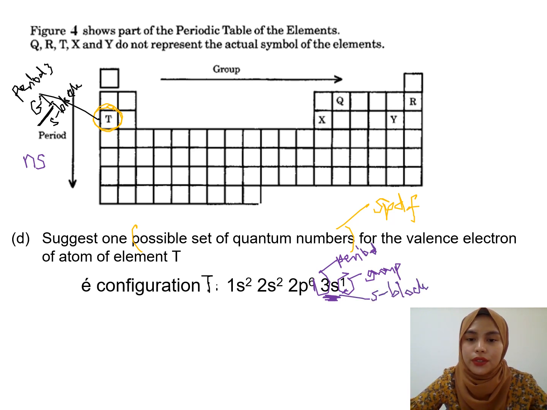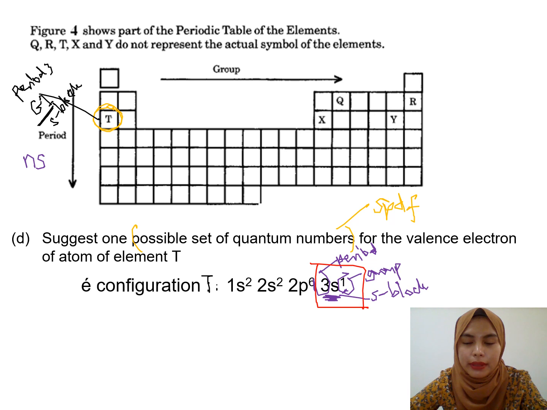Okay, so from there you lengkapkan saja the rest of it, so you will know that electronic configuration for T ialah 1s2, 2s2, 2p6, 3s1. Okay, next dia nak set of possible quantum numbers for valence electron of atom of element T. So valence electron, you hanya fokus saja pada this, sebab this di mana valence electron berada,